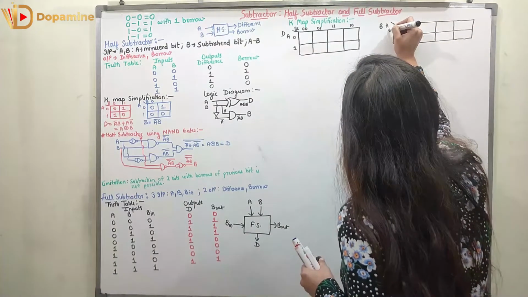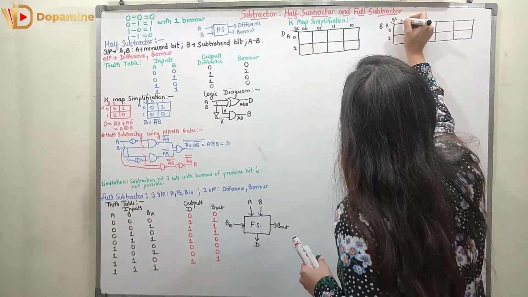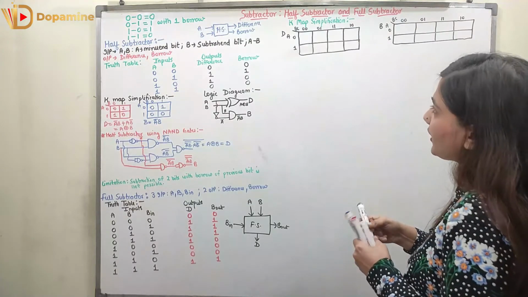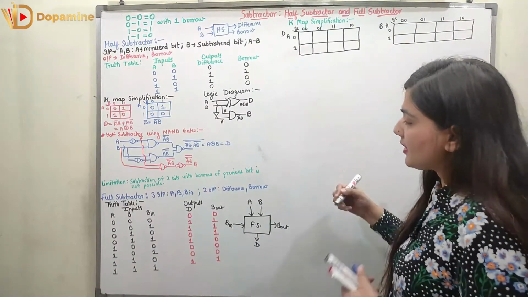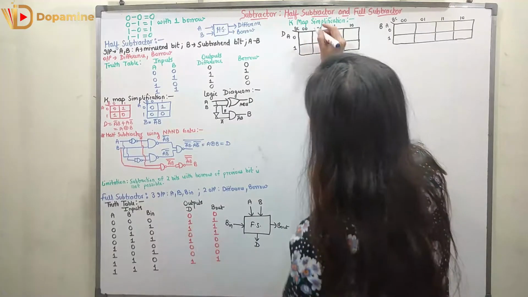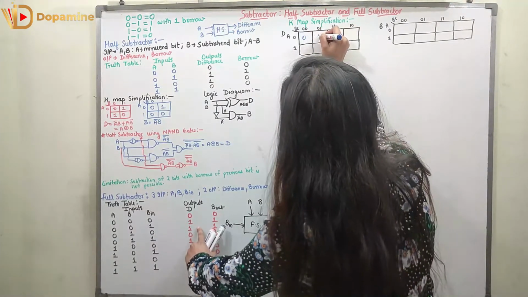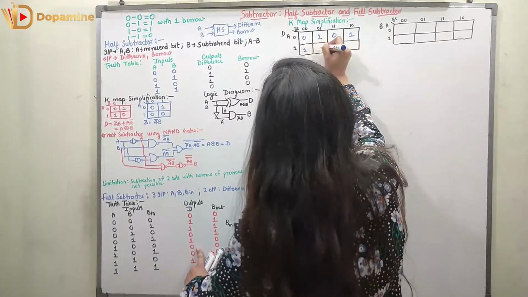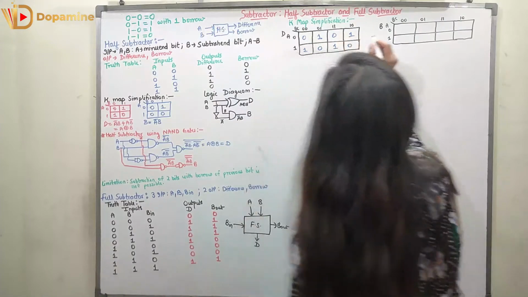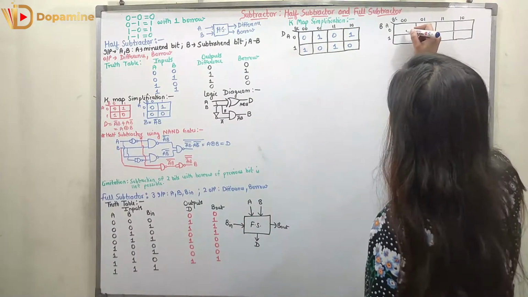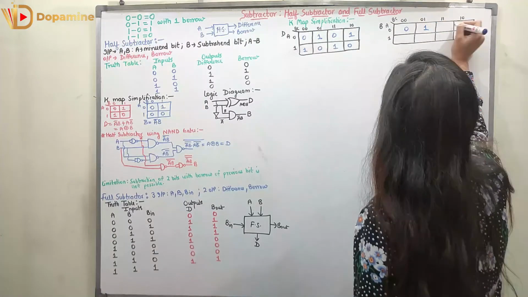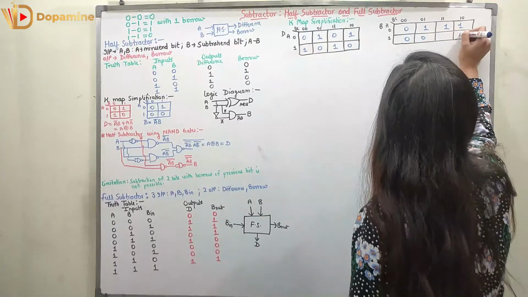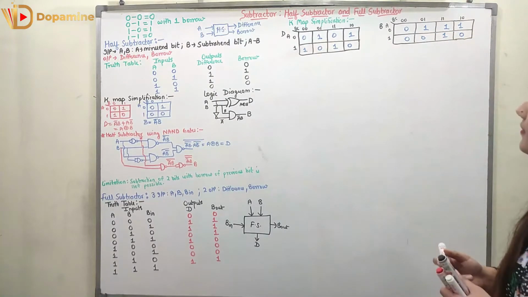Here I will have A, which is 0 and 1, BC as 00, 01, 11, 10, right? So let's fill out the values. Here we have the difference. We have first minterm as 0, second is 1, third is 1, fourth is 0, then we have 1 0 0 1. Now coming to the borrow. For borrow we have 0 1 1 1 0 0 0 1. So this is my borrow, right?